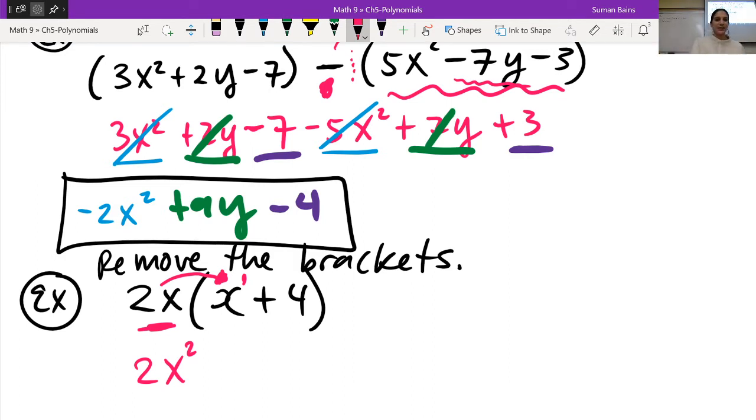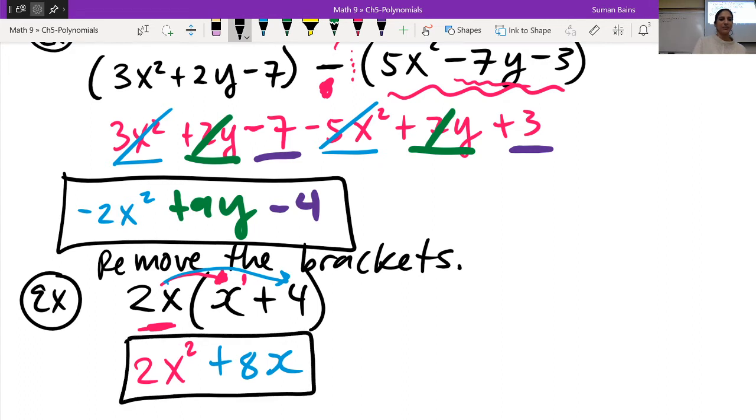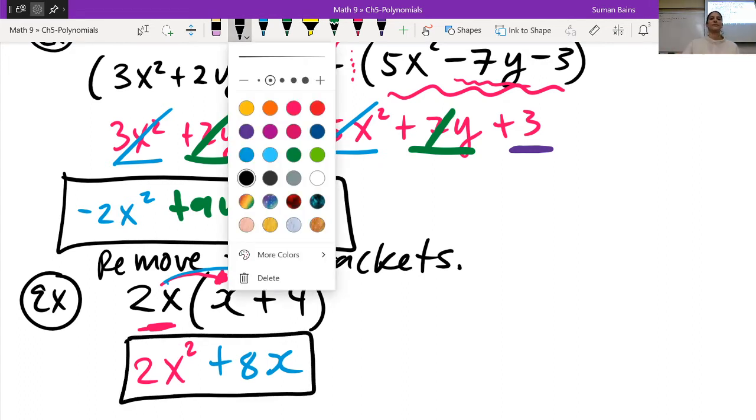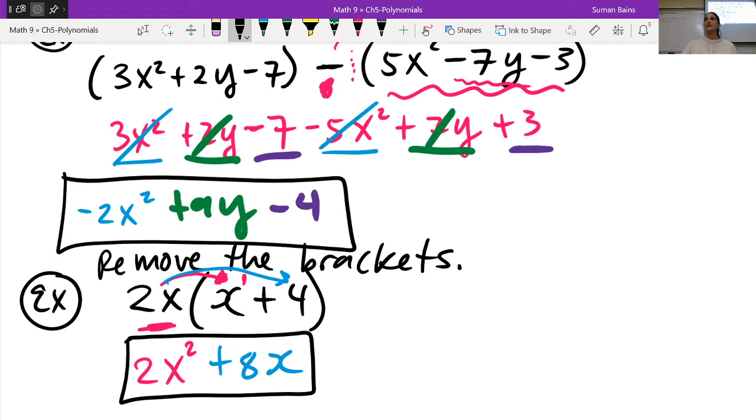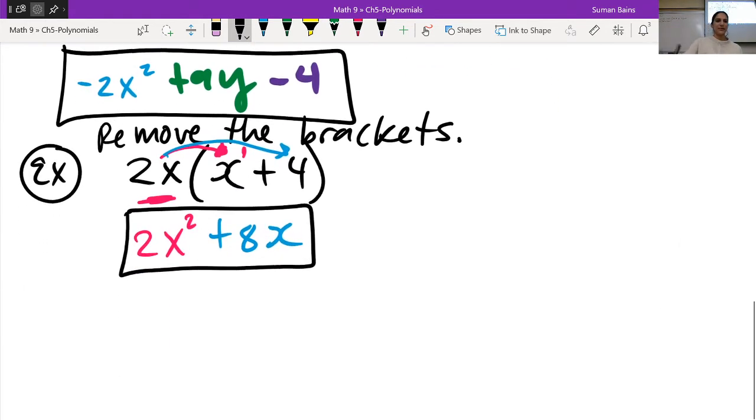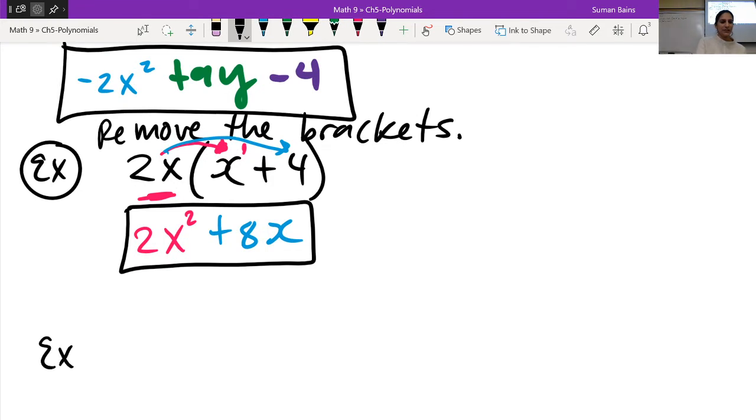Good? So then we go back and distribute it to the second term like this, which is what? What's 2x times 4? 8x plus 8x. So we would get this as our simplified solution. So far so good? Okay. Let's do